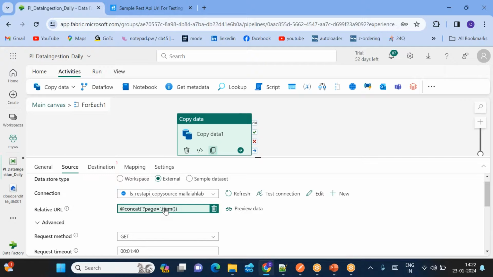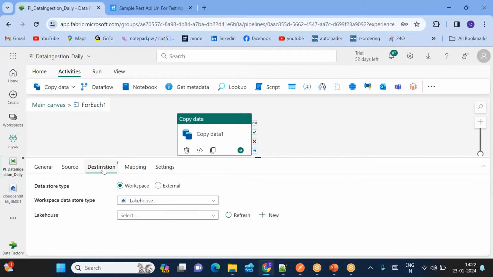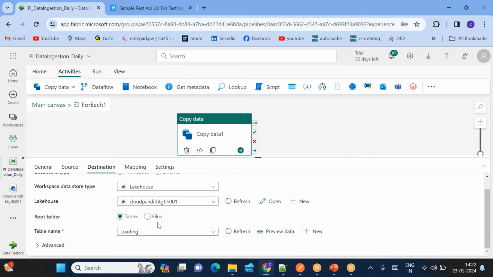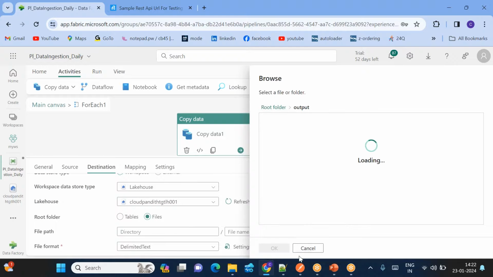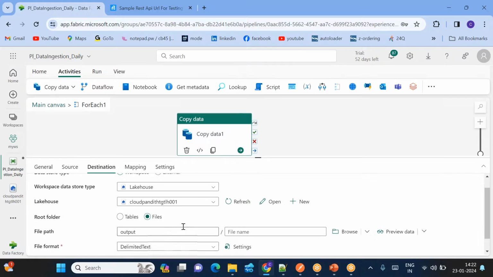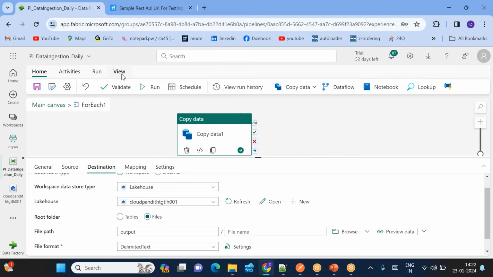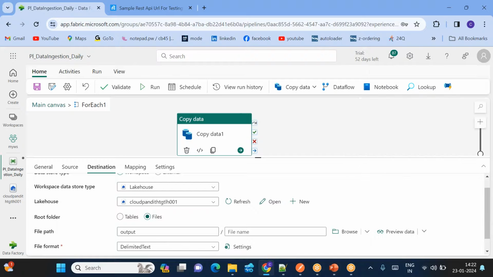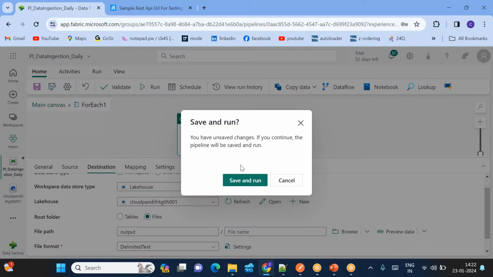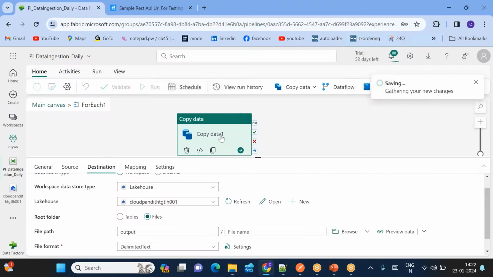page. Page numbers will be passed dynamically by the for each. So from each page, we'll get the data. That data I'll be copying into the lakehouse. In the lakehouse, I have a folder called output folder. In this particular output folder, I'll be copying all this data. Okay, now let's come to the home. Validate everything. You can see there are no errors found, and you can save and run this particular